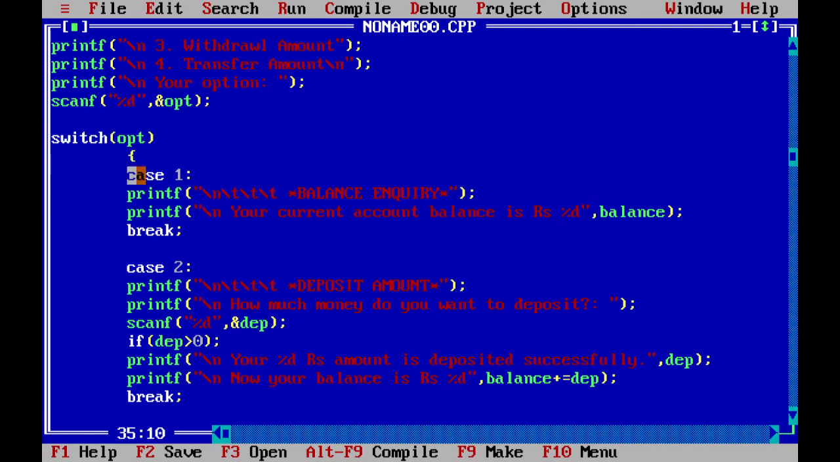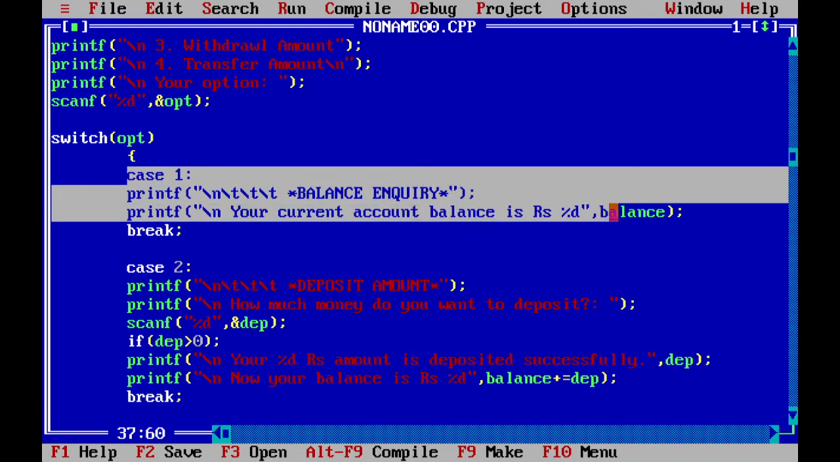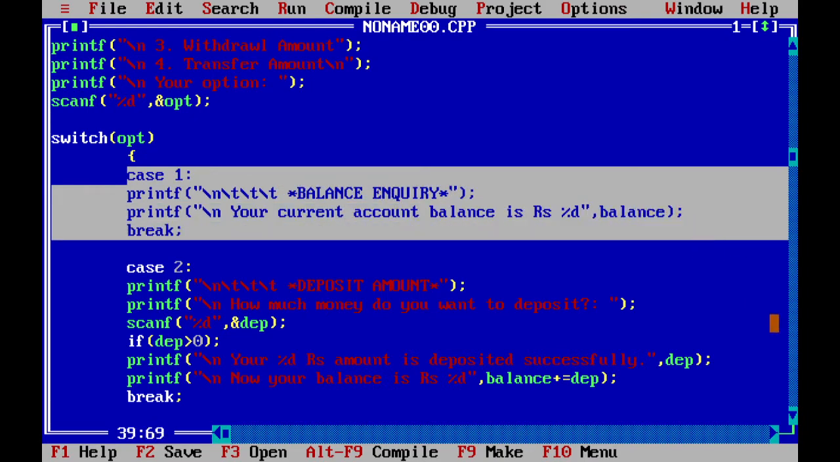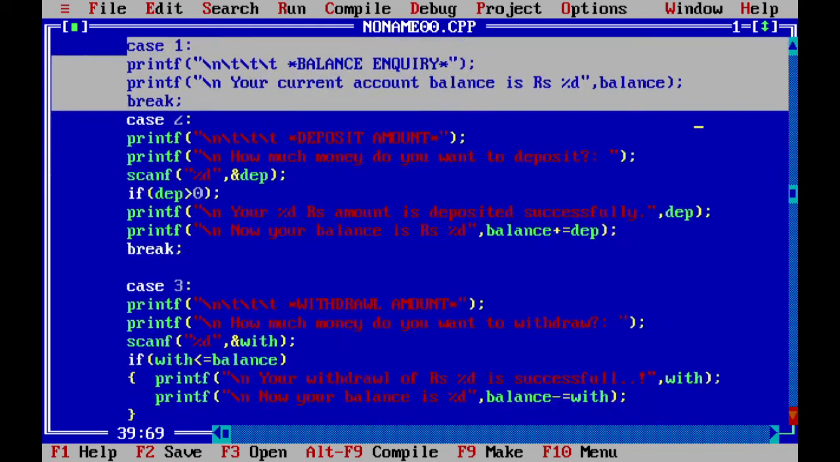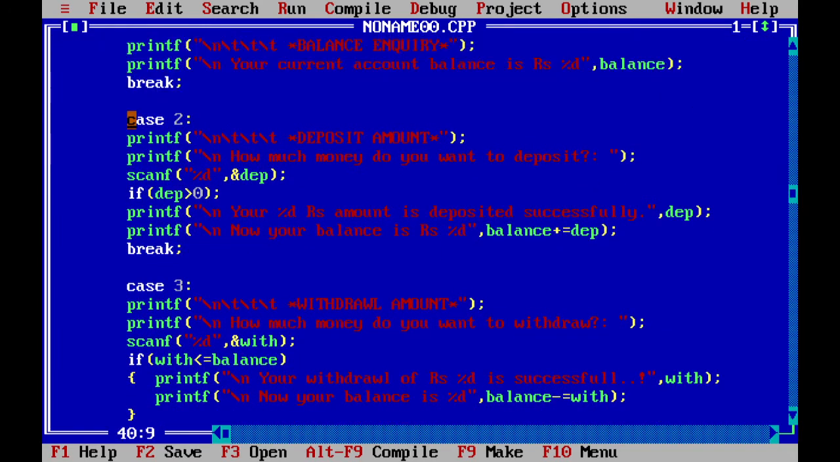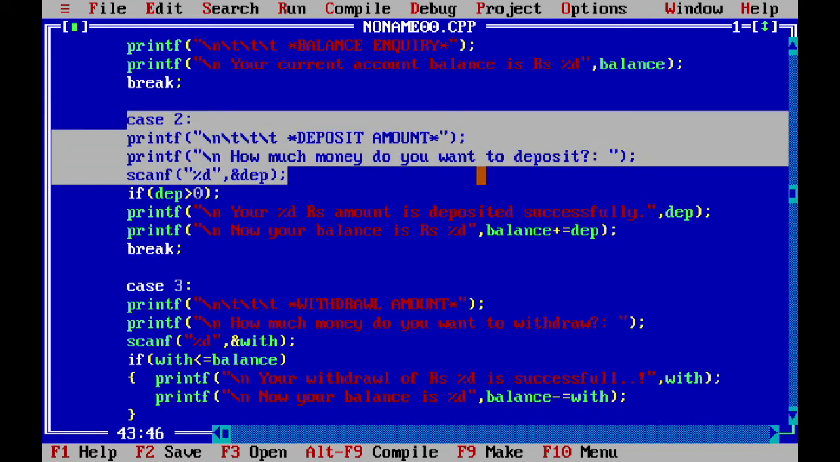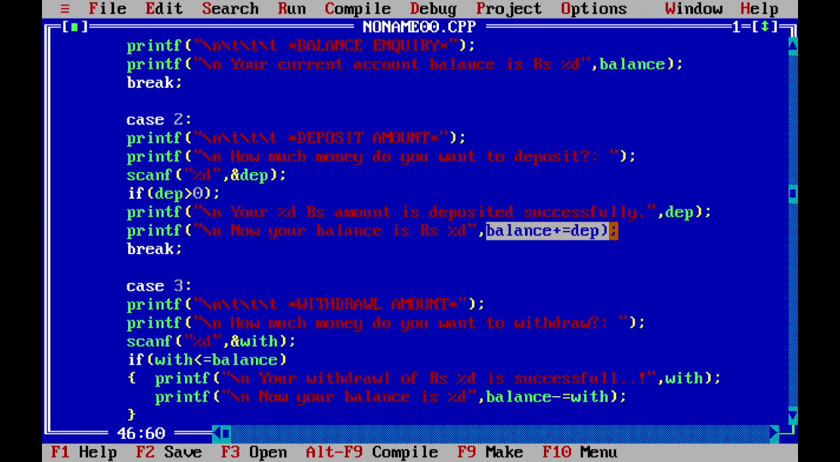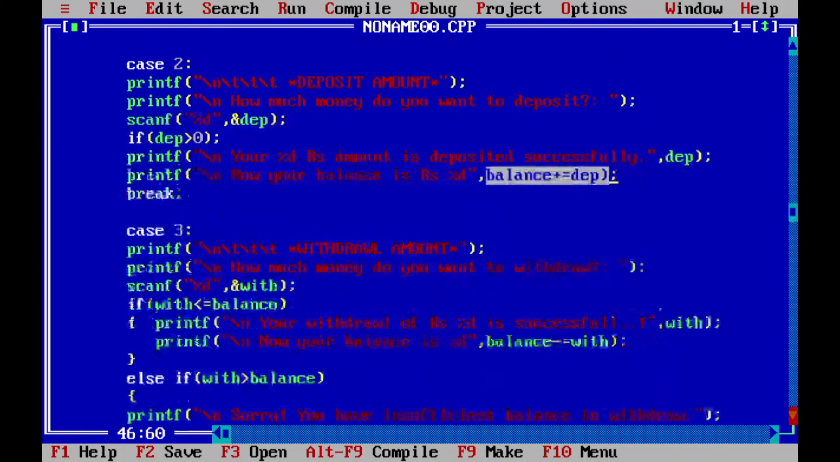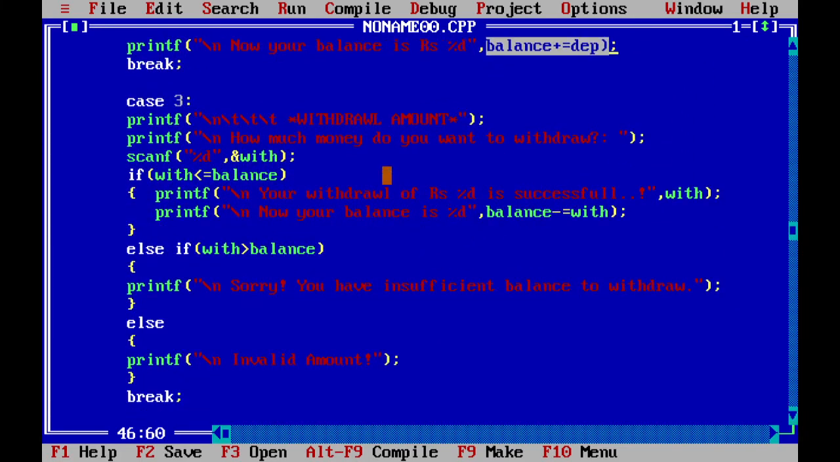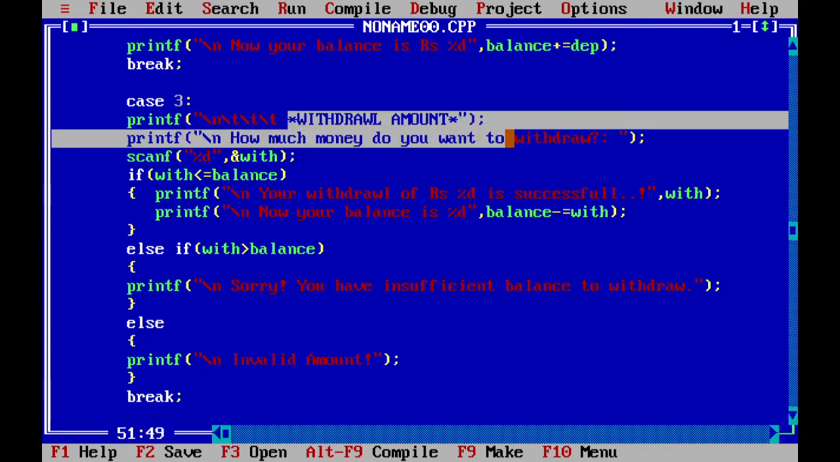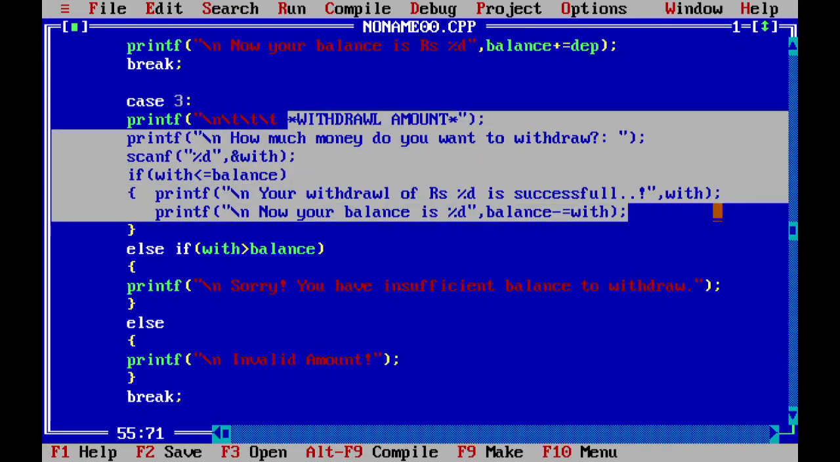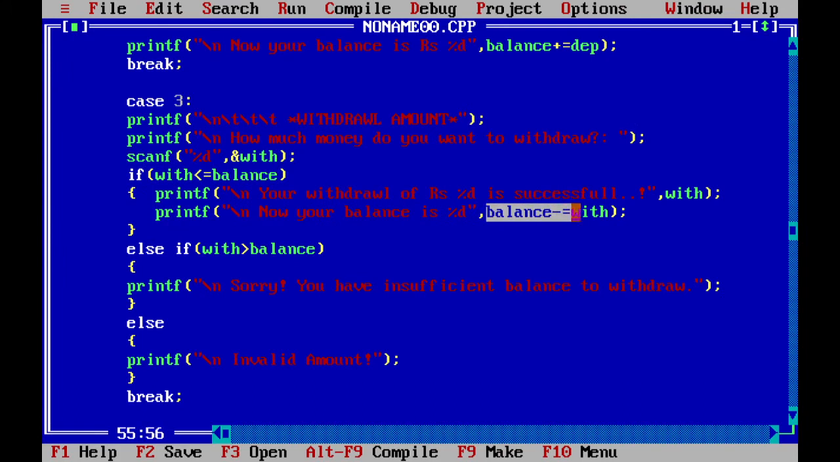The case 1, that is option 1, in which balance gets shown on our screen. Case 2, that is option 2, in which the input deposit amount gets deposited and increased balance will be shown on screen. The third option, that is case 3, in which the withdrawal amount gets withdrawn and the decreased balance